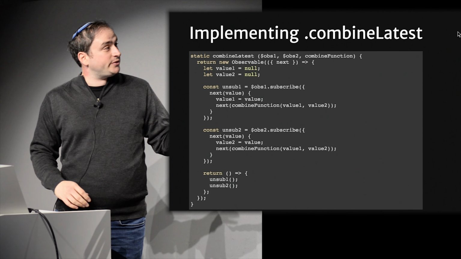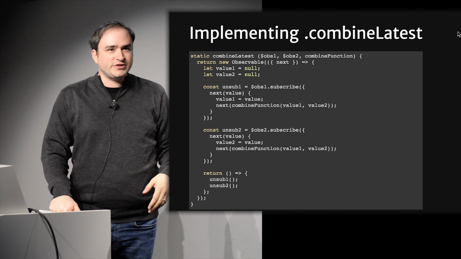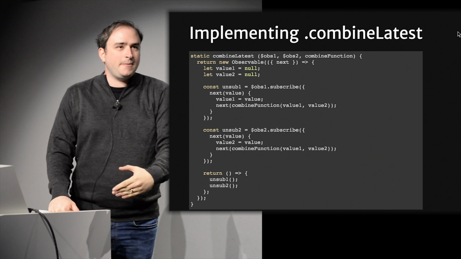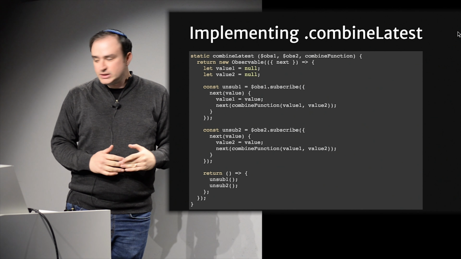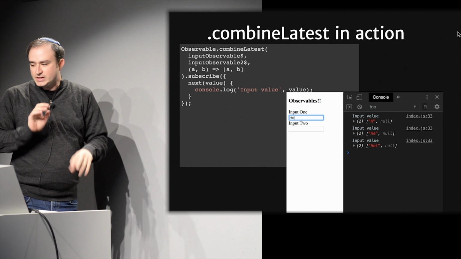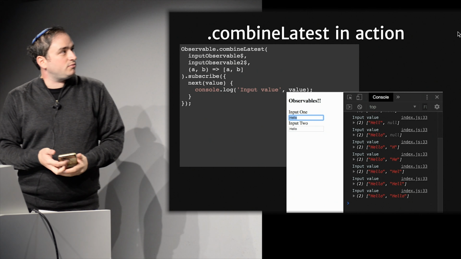How we want to combine first value, second value, and we're just passing it through to the combine function and to next for both of them. Anytime either of them gets a value, it's just being passed through. So we're able to combine both values into one, which is pretty cool. So then you're able to do what we did before and say, typing in 1, typing in 2, and then get both, which is pretty awesome,